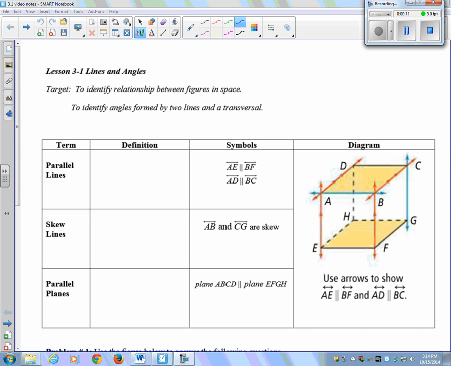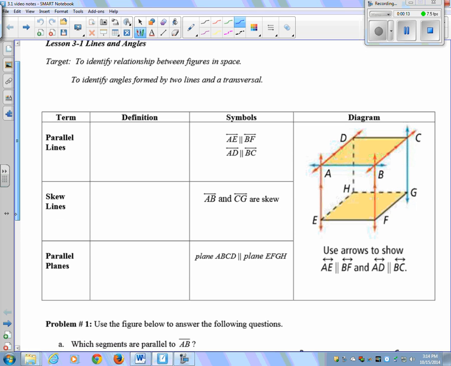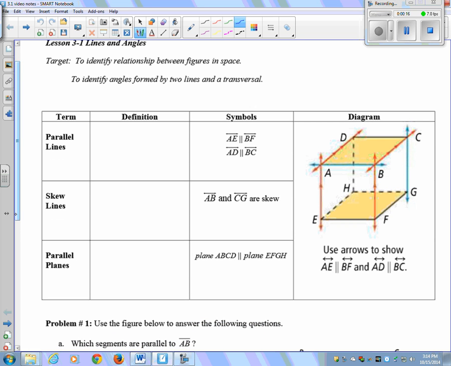There's a few vocabulary words to start with. Our target is to identify relationships between figures in space. These three vocabulary words are going to be important to those relationships of the figures in space, and to identify angles formed by two lines and a transversal. We're going to learn what that word means as well, and the relationships that are created with those angles. So first of all, parallel lines are